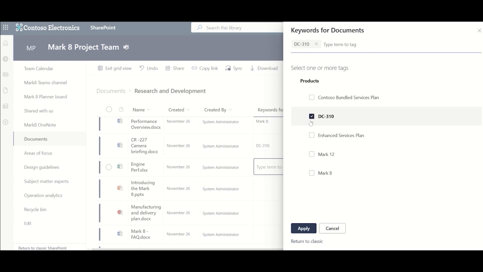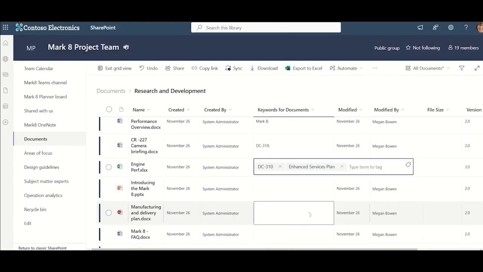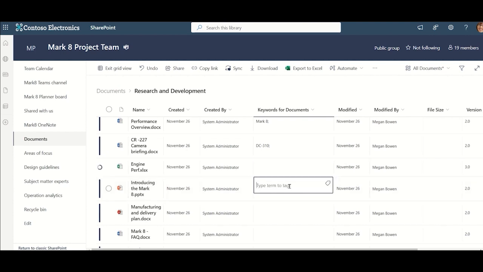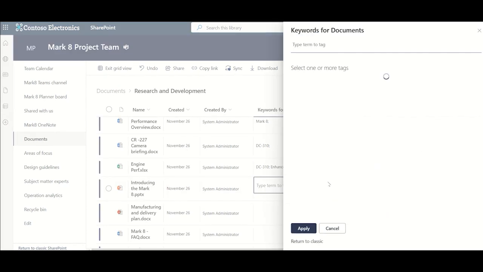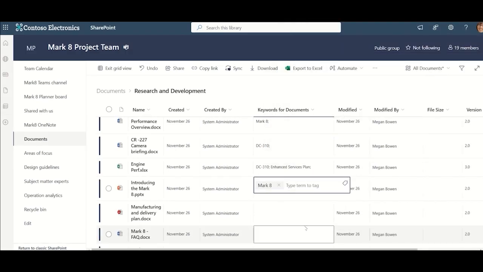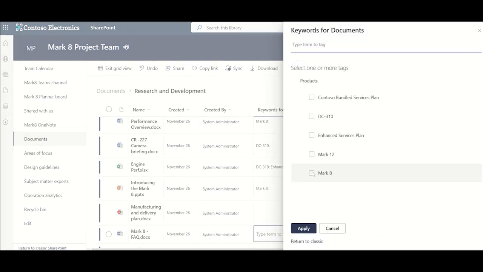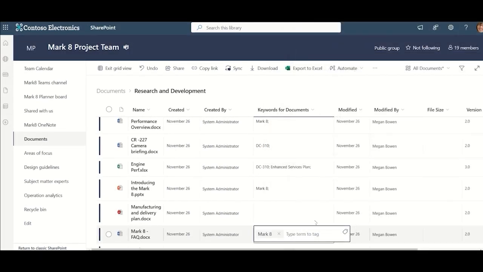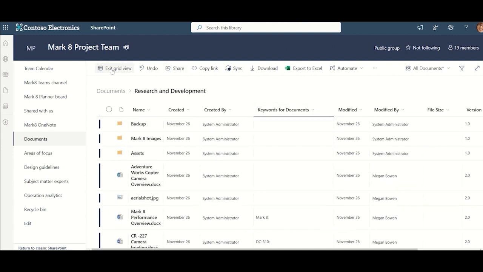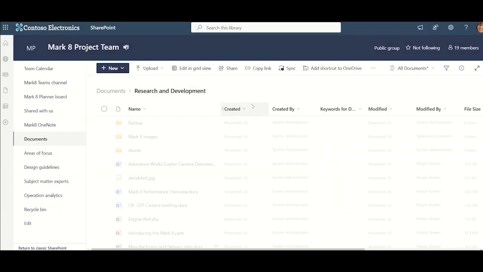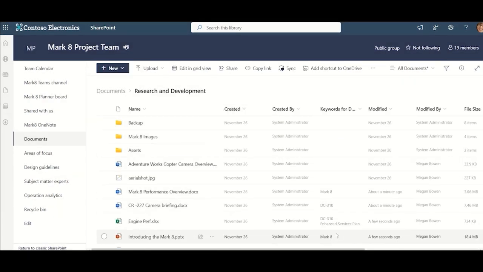I can do some more tagging here just by clicking checkmark boxes and not actually typing anything. This way, different documents now have keywords that are associated to the document. It makes it easier to find. The only thing you have a lot of times is the document's name. And by applying tags, this gives you a much more interesting way and a much more accurate way of searching the document. Now that I've done some tagging, I can exit the grid view, and now I can see my tags. Perfect. This will make it easier to search.